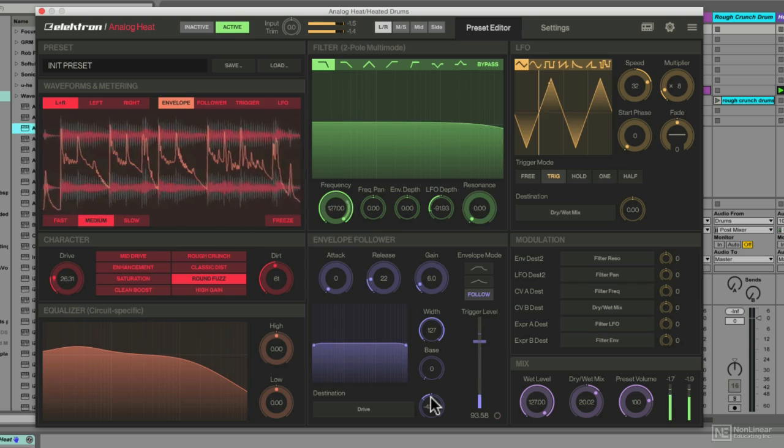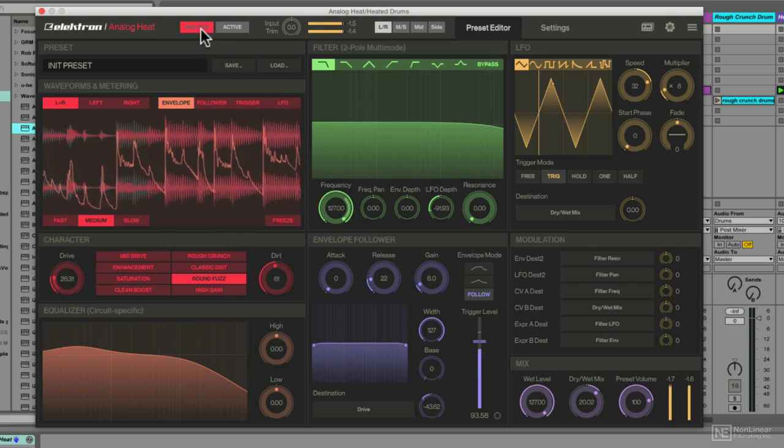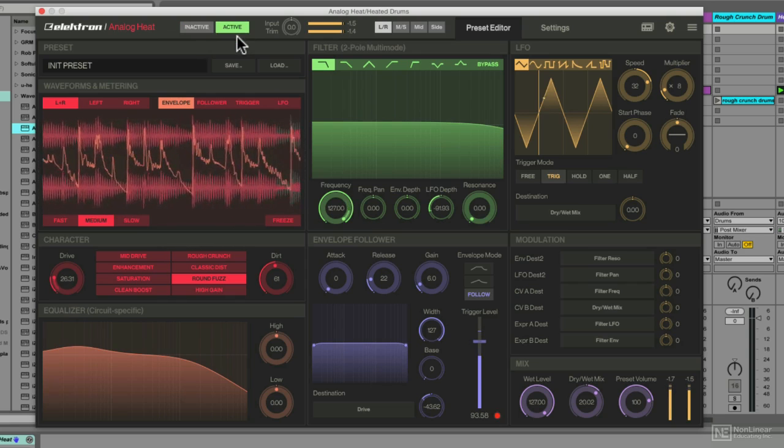So I have a very different sounding drum beat from what we started with. If we bypass this and activate it,